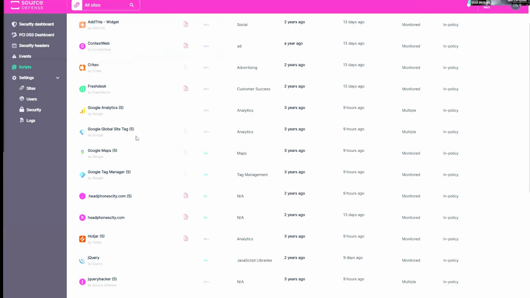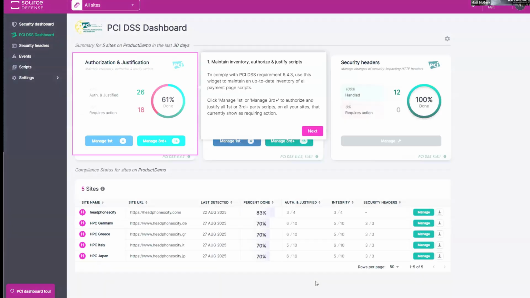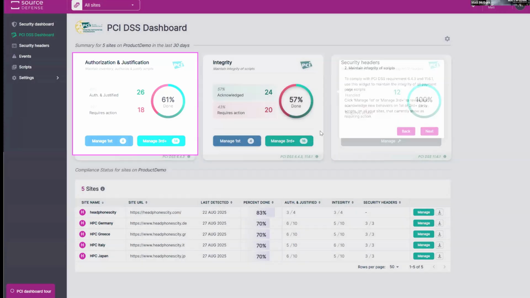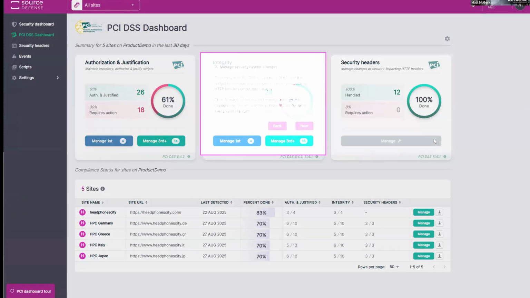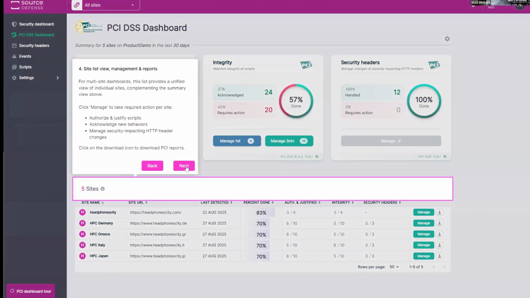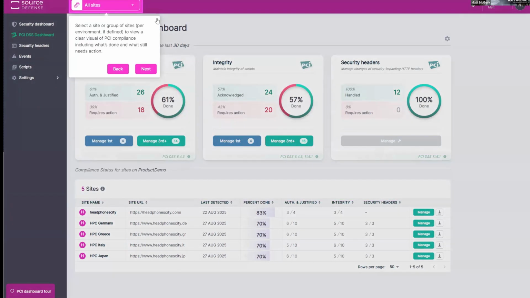And one more note. I am pretty proud of our in-product tutorials. It's not the flashiest thing in the world, but especially this first year, as folks are just getting this under their purview, and we're all learning together how to satisfy these requirements, we will walk you through your own specific data and train more or less on your behalf. I think someone with maybe a 15-minute introduction to what's going on here and why we're all talking about this can then bootstrap themselves up into actually doing the day-to-day tasks and handling the compliance workload without anybody on this call having to become a trainer in Source Defense.